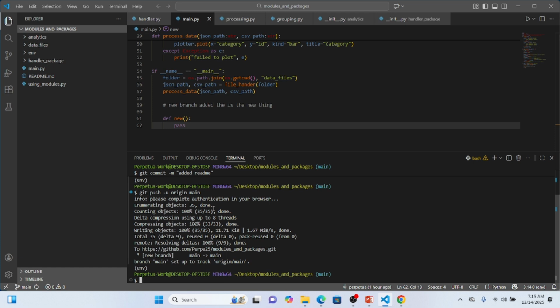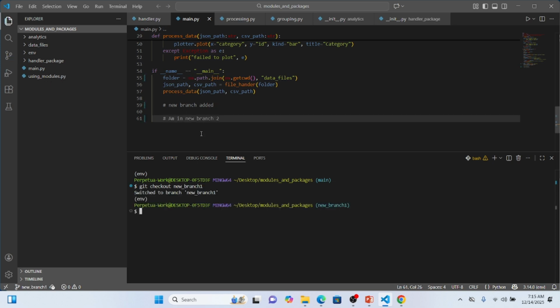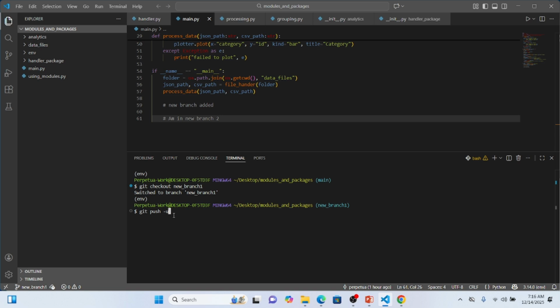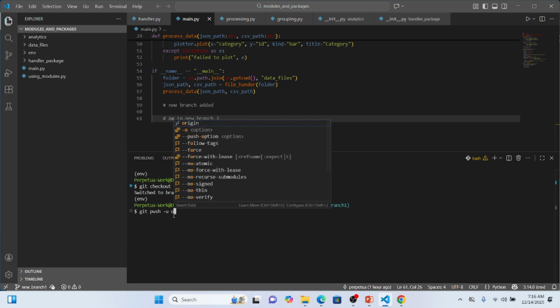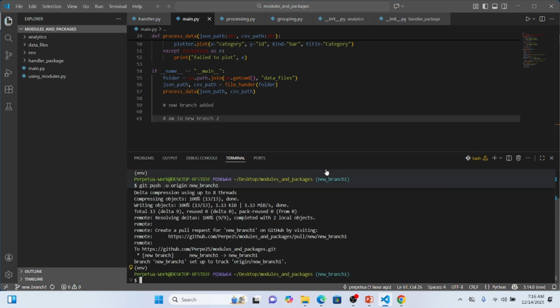The next thing we are going to do is check out to the other branches, and I'm going to do git checkout. So we have new branch 1, and you can see now that we have some changes in this new branch. So I can do my git push -u, so this U stands for upstream. Then I'll write origin, and I'm going to add this new branch, right? So I'm going to type in new branch 1, and I will run it. As you can see now, the other branch has been pushed,